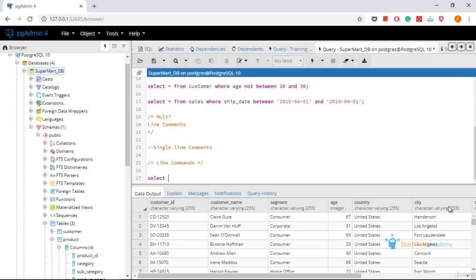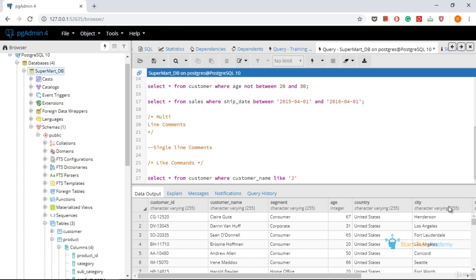So start with select star from customer where customer name like J percent. Note that this J is in capitals.